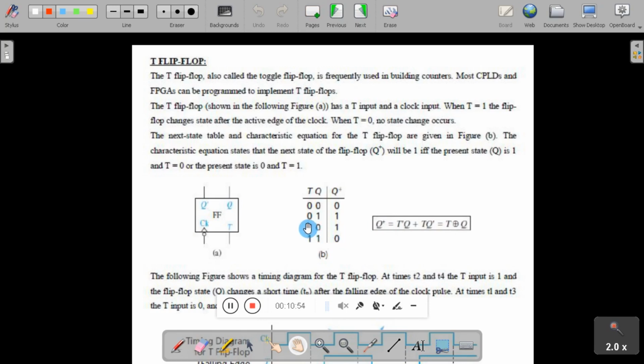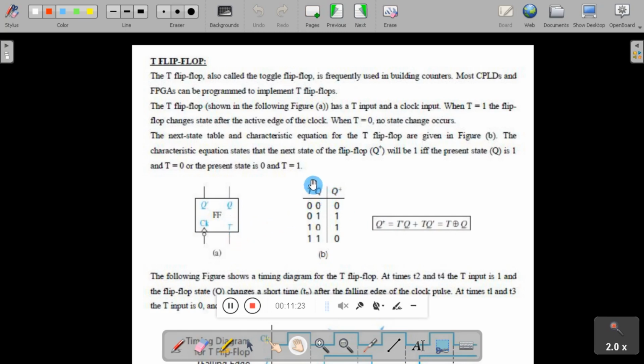of the previous state. So here you can see when T is equal to 1, the output toggles of the previous state. Suppose this is the last state, this is the next state, the output toggles. Here you can see 0 becomes 1 and 1 becomes 0. That happens when T is equal to 1. When T is equal to 0, the flip-flop will remain in the inactive state. That is, the output is nothing but the last state only. So here you can see when T is 0, the output is the last state only.